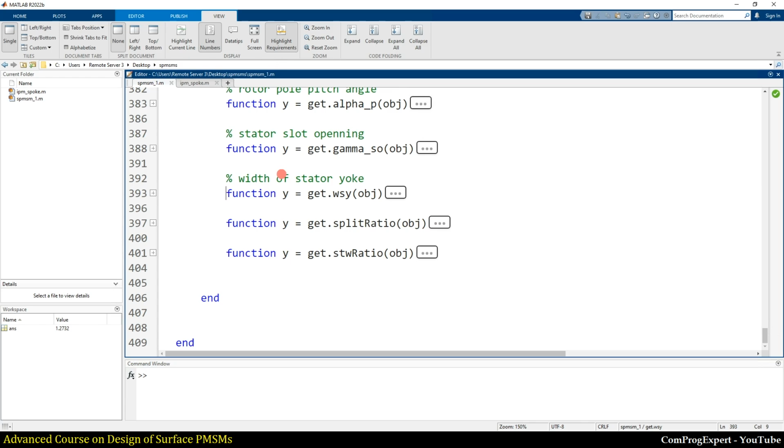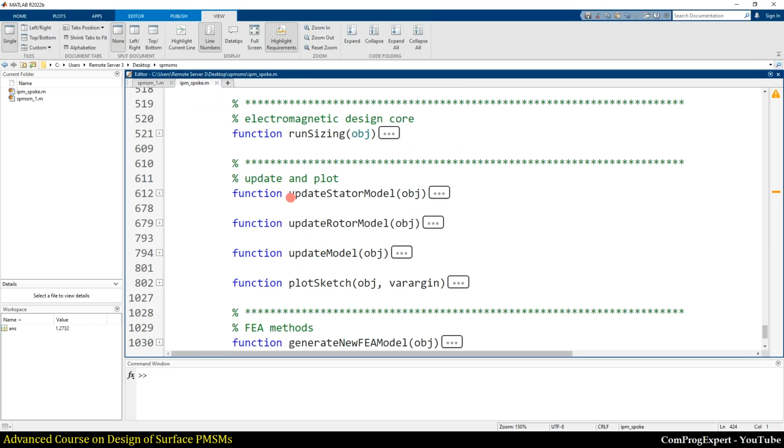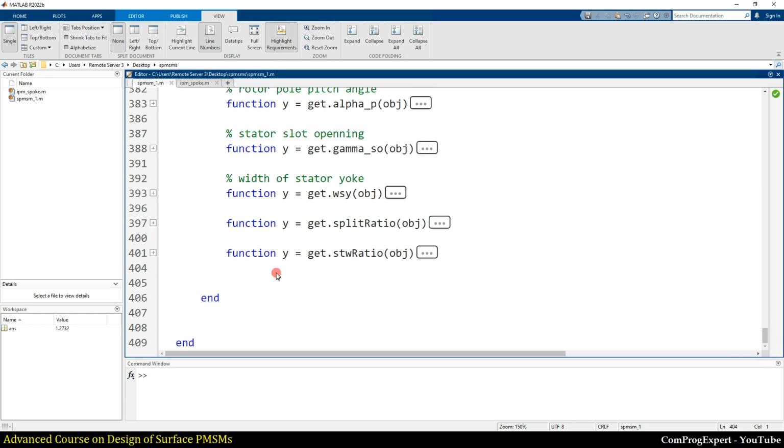So now let's copy these functions. We have these functions to update and plot the model. So I copy these functions and paste them here.